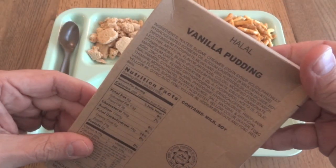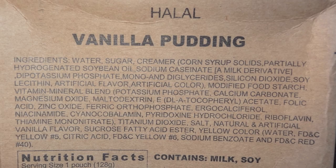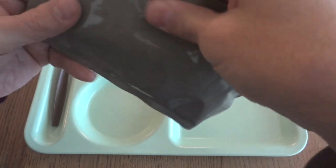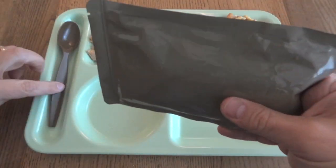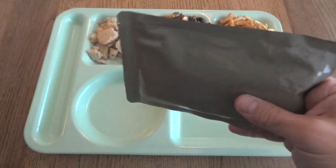Check out the vanilla pudding. A lot of ingredients on that too. This actually has the tear notches going across the long side, which would obviously make it pretty convenient if you're in the field to eat it right out of the pouch. But since we're doing a review,